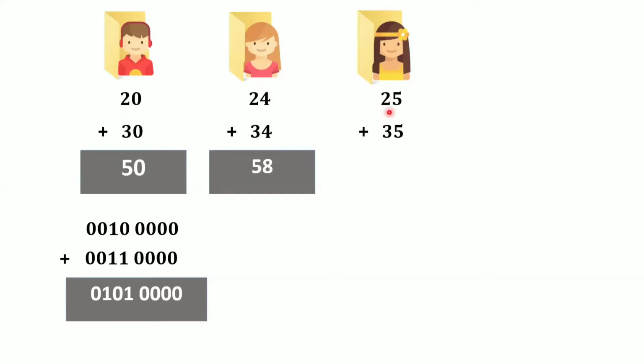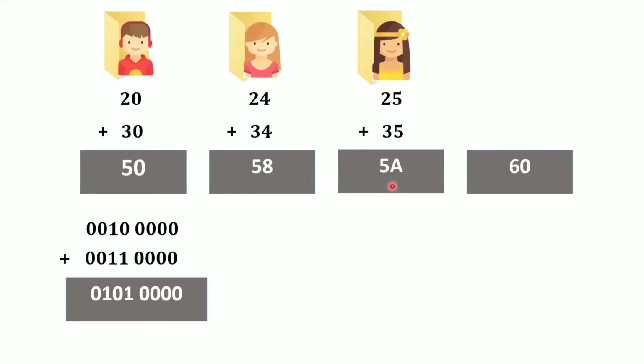Now coming to this particular girl, what did she eat? One plate of uttappam and one plate of masala dosa. The billing person entered 25 and 35, and the bill was generated with a result of 5A. This girl got shocked. Hey, my bill should be 60 rupees, right? But why has it become 5A? Immediately this boy saw her bill and started shouting at the billing person: hey, you idiot, how did that bill come to 5A? We need to get 60 rupees, right? What does 5A mean?